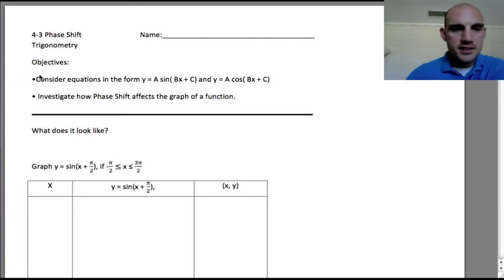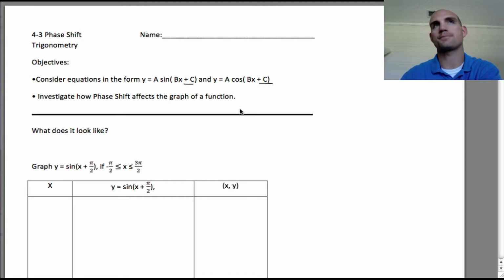Okay, welcome back. This is our lesson on phase shift. Now we've already discussed amplitude and period, and so the objectives of this lesson are going to be to consider the equations in the form of y equals a sine of bx plus c, so c is our new piece here, and also y equals a cosine bx plus c. Now this c is going to be known as what we want to call phase shift,